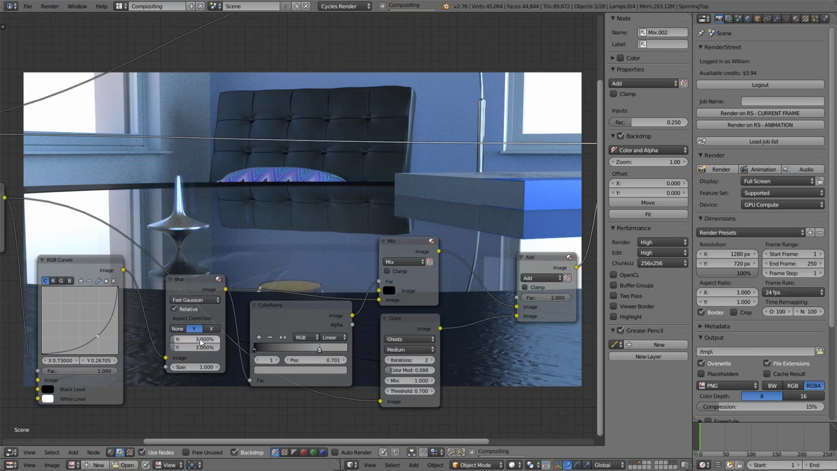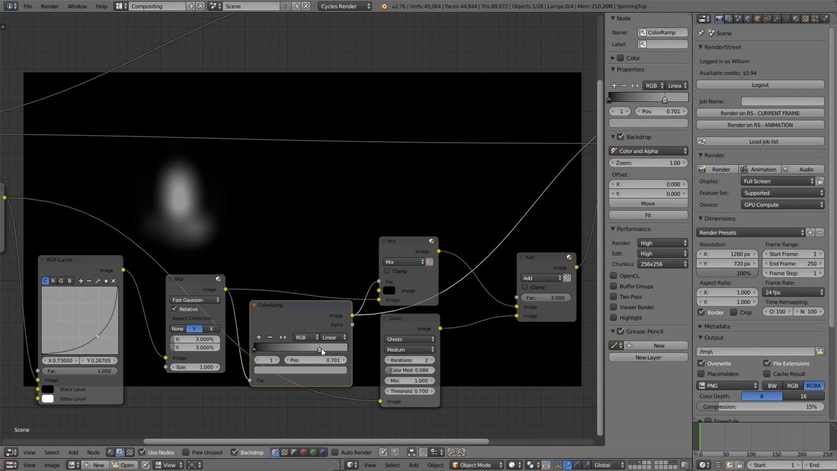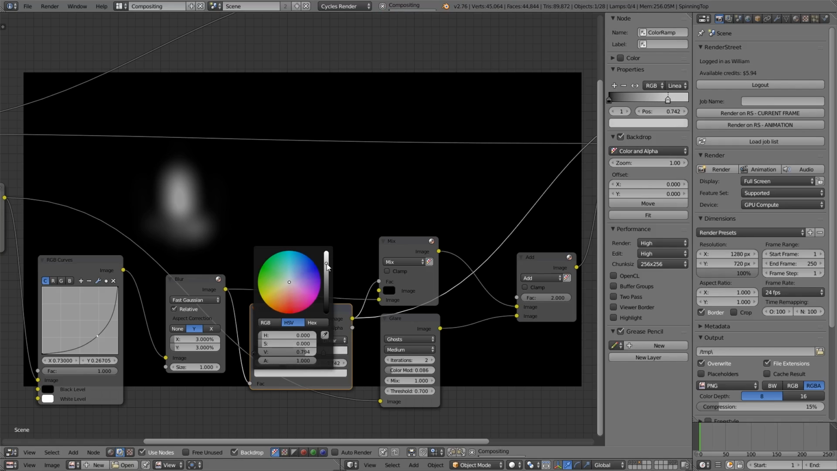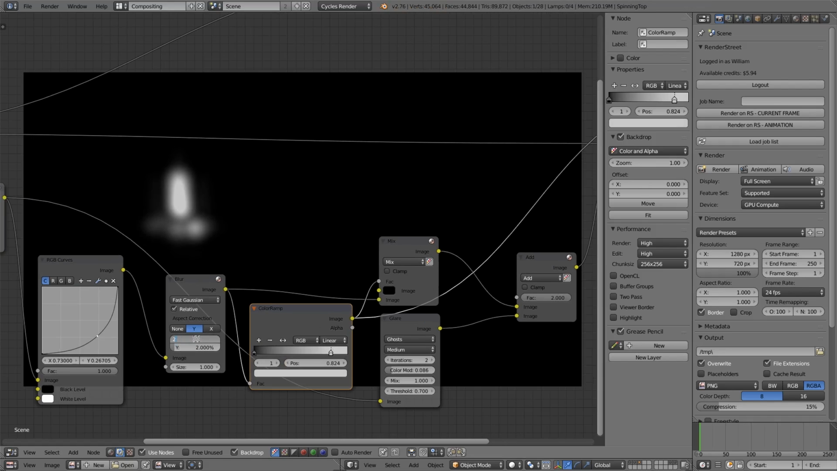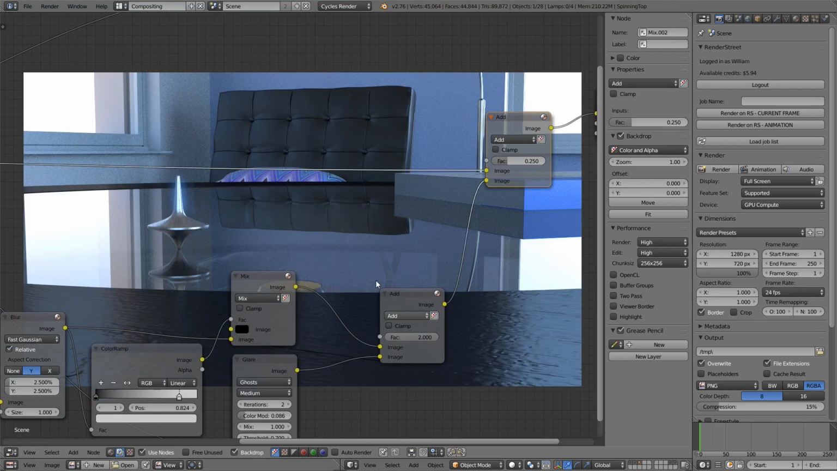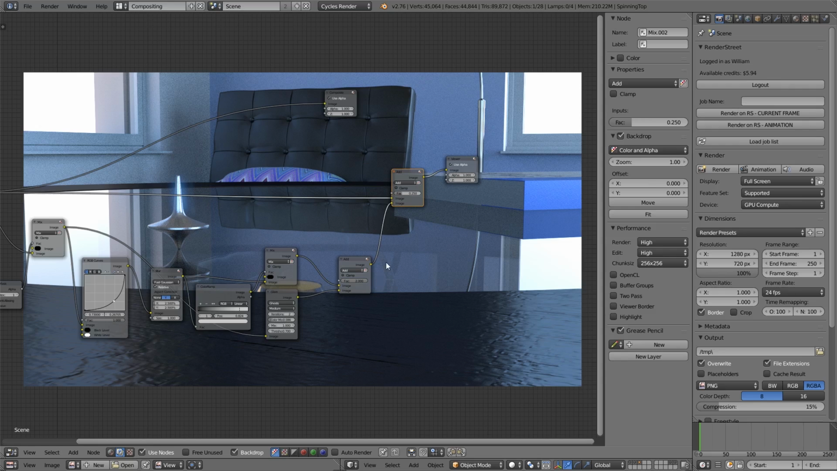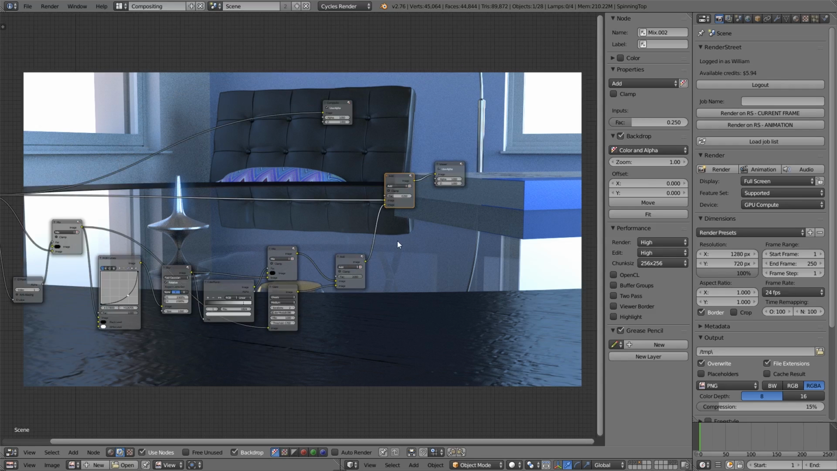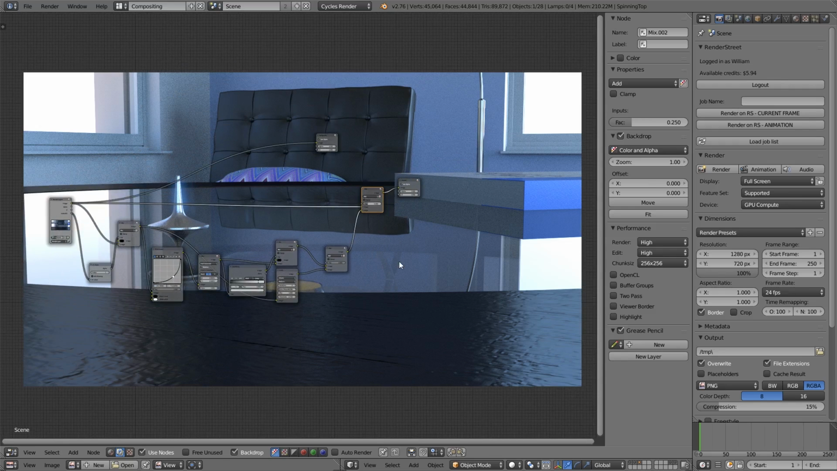I might go 3 and then try and sharpen it up a little bit in the middle. Maybe 2. 2.5. It's arguing with me. Let's see how that looks. Not bad. Okay. Now we're going to apply some more general glow